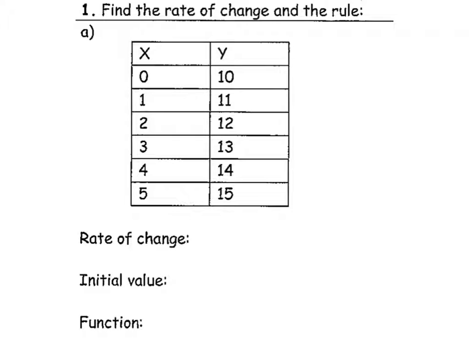Okay. I'm adding one more step now. I'm actually going to put together and combine the rate of change and the initial value into a function form. Function form. Let me just do it on the side over here. Function form, or you can do it in your margin. F of x equals